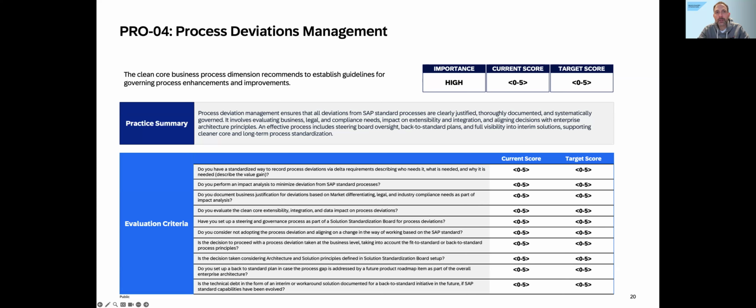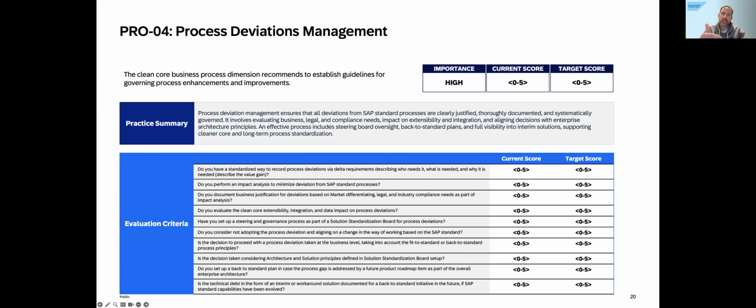I can say it's probably a little bit hard for you to grasp because you only see one example. It takes on average something like 1.5 hours if you would go through all of these practices. Because as I said, it's not that in the first round, when I go through this with my customers, we want to be academically correct. It's not a 3.5 and the target score is a 4.7. It's more to lead a conversation, to drive a conversation. And at the end of the day, across all of the practices, and maybe across multiple clean core principles, like Lukas and I did an exercise last week where we ran both assessments in parallel because there were two different teams, and then we came together at the end.